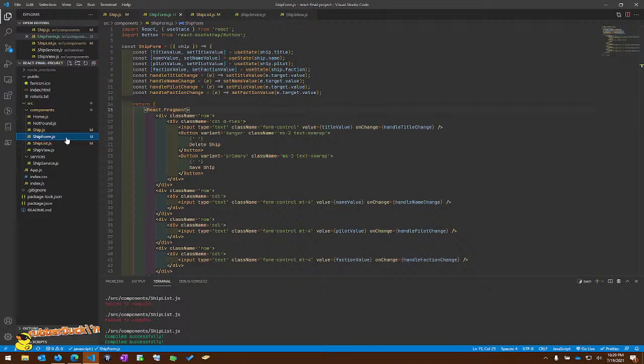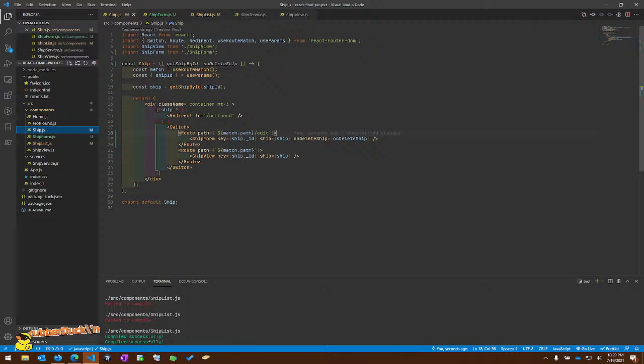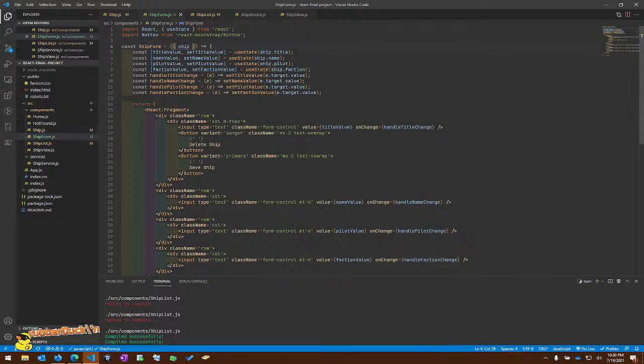And then we will deal with it in our form. So we need to tie that to, so we need to pass that in to our ship form. We have our ship form, or no, we need to go to our ship first and then to our ship form. So we got it in our ship. So now we need to go to our ship form, and our ship form needs to pass it in the ship and